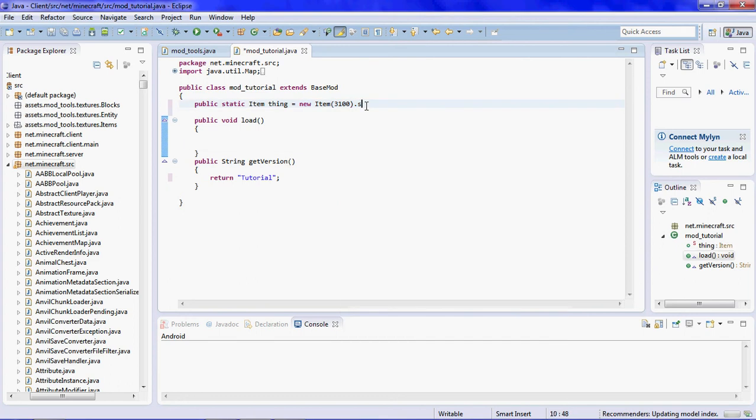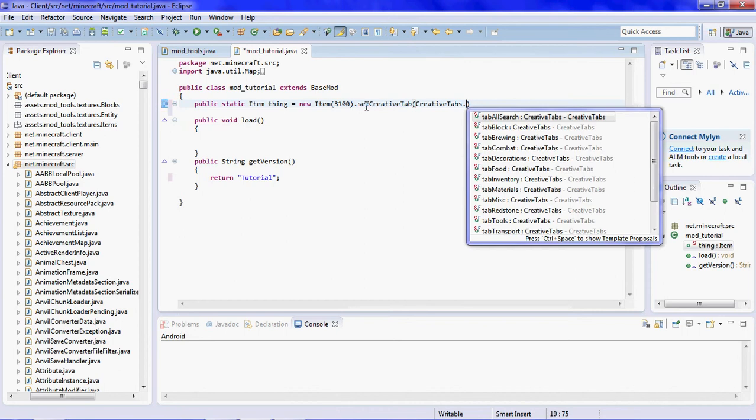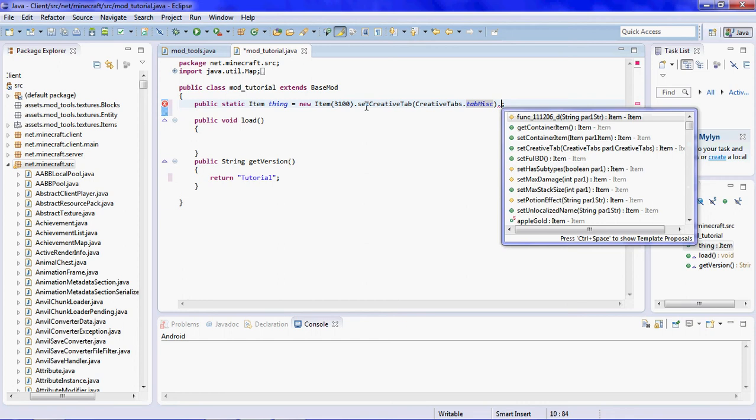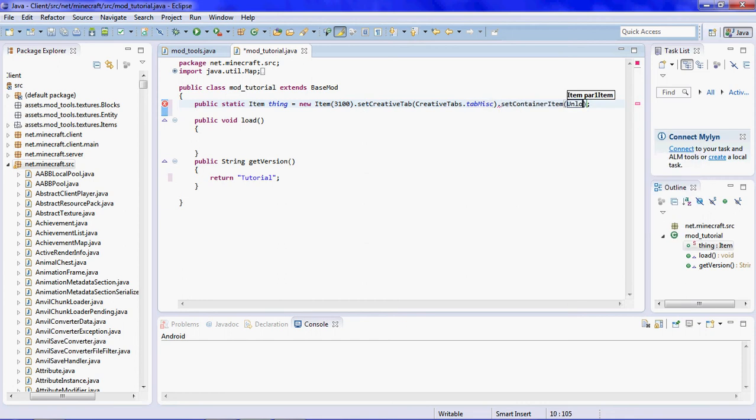Okay, so setCreativeTab, CreativeTabs dot, and this is gonna be an item, so we'll just put it in miscellaneous. Okay, and then you're gonna need to do setUnlocalizedName,